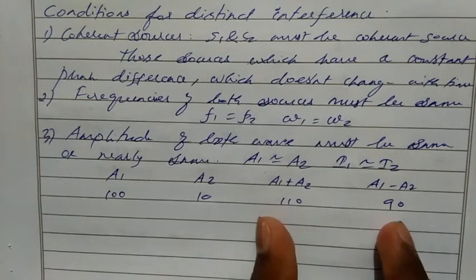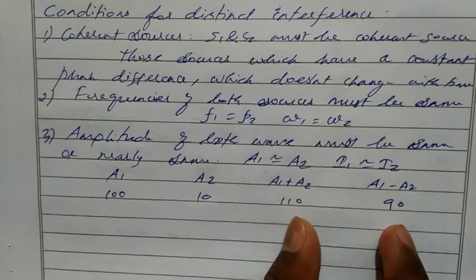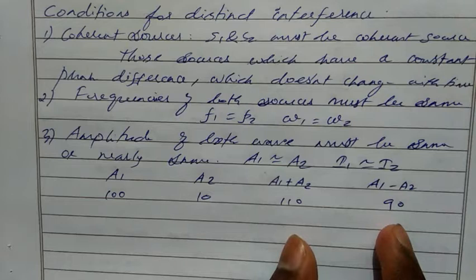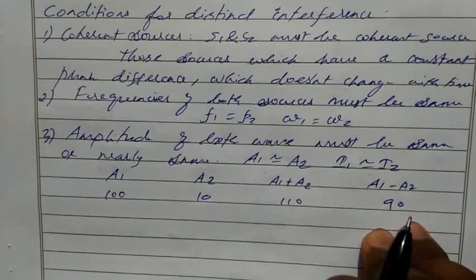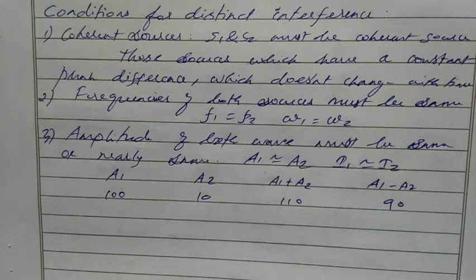Okay, so if you see the difference between constructive and destructive, why do we say it is constructive? In constructive interference we have a bright spot. We are able to see the light, which is very bright. But in destructive interference there should be no light, or the light value will be very less. The amplitude as well as the intensity of light should be very less. Then only we can differentiate the bright spot and the dark spot.